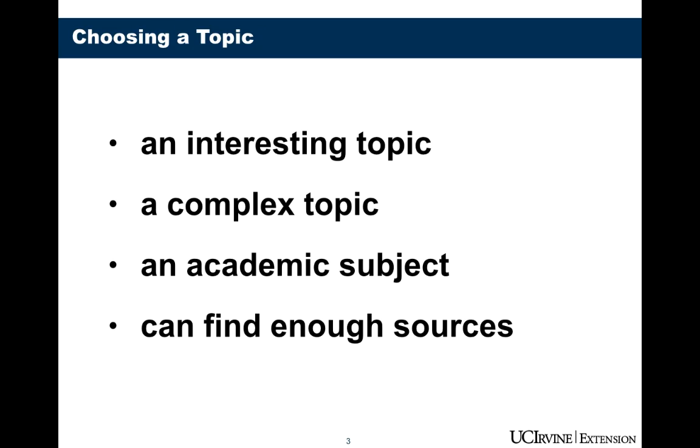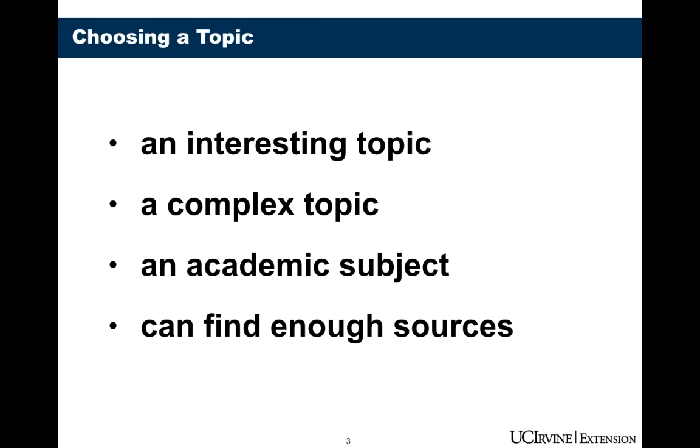One thing that will be different for the documented essay is that you are going to choose your own topic for this assignment. You need to choose an interesting topic. It also needs to be complex and academic. That means you should not choose topics like sports or fashion or entertainment. Those are not complex academic topics. They might be complex, but they are not academic subjects. Think of some topic that you might study in a college course. That's the kind of topic you should choose for this essay.